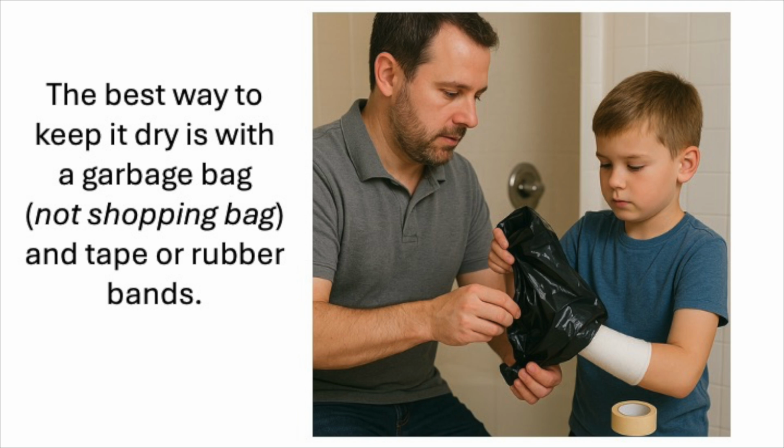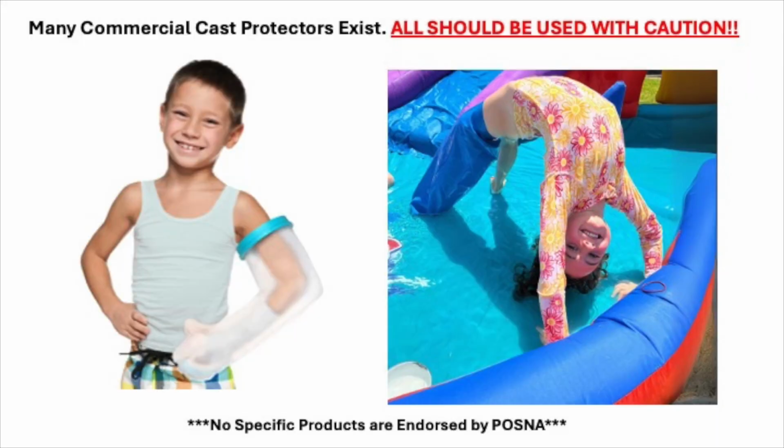There are many different commercial products on the market to keep casts dry. You can also use garbage bags with tape or rubber bands to seal them. However, try not to use plastic bags from the store, as they often have small holes in them. Please keep in mind that none of these products are foolproof, and water can still get in around the edges